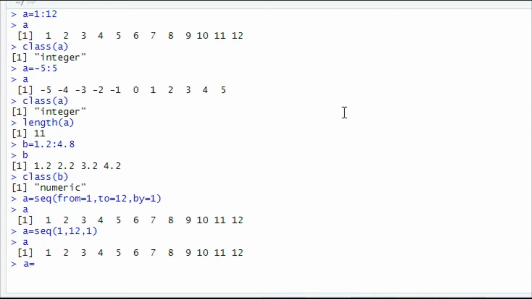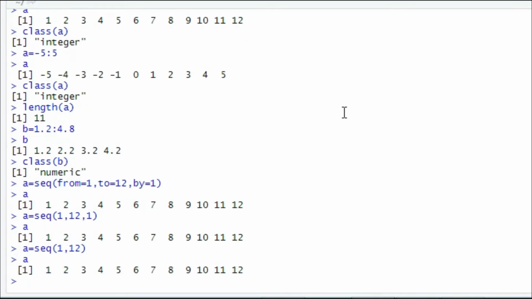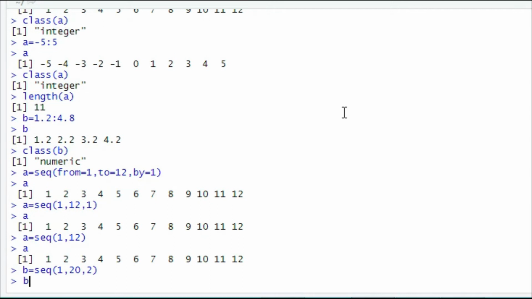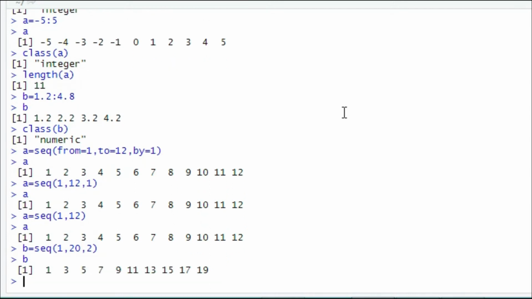Another thing: if I do not mention the by argument, then it will take the default value 1. Next, check a jump of more than 1, that is 1 to 20 by 2. Check B: it is 1, 3, 5, 7, 9, 11 and so on up to 19. After 19 it would take the value 21, but this is not in the range, so it is not printed.